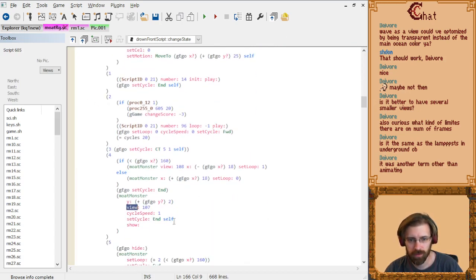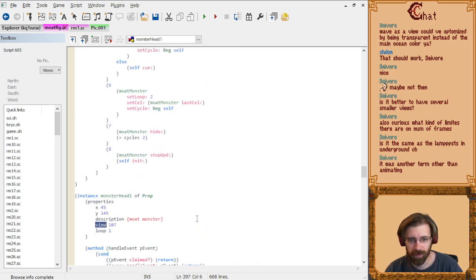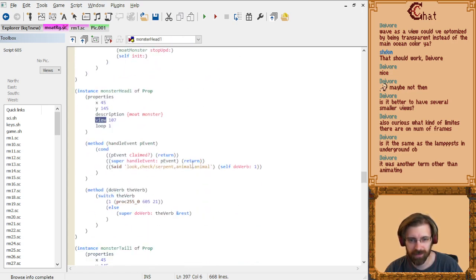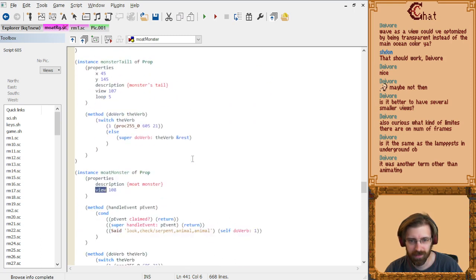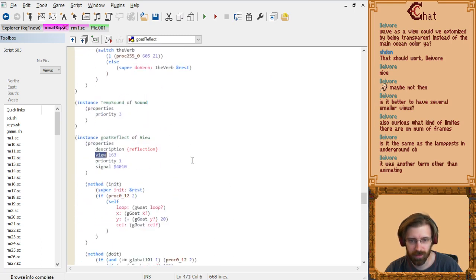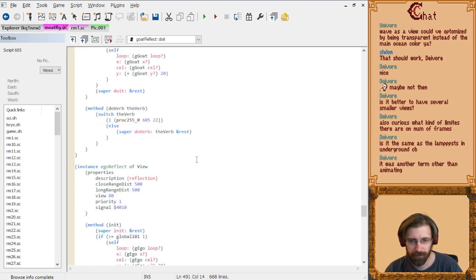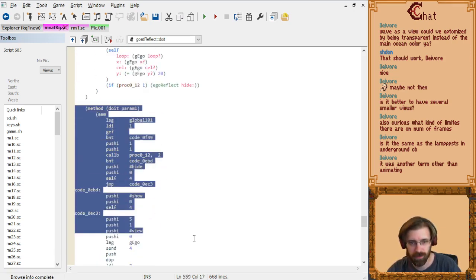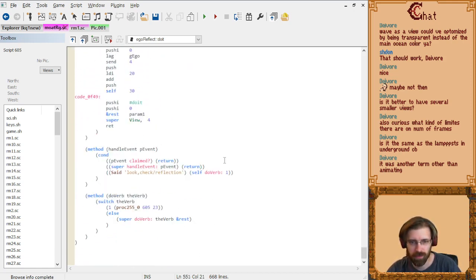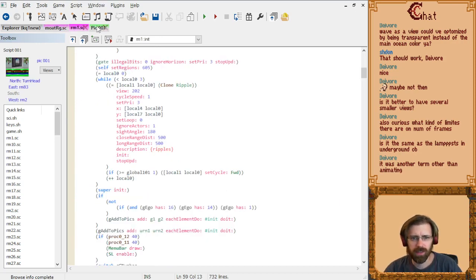Smoke monster. I'm trying to find where it's handling the animation of that water. Don't reflect. Eco reflect. Oh, and then there's... Oh no, that's part of the eco reflect code. Fascinatingly, I can't find